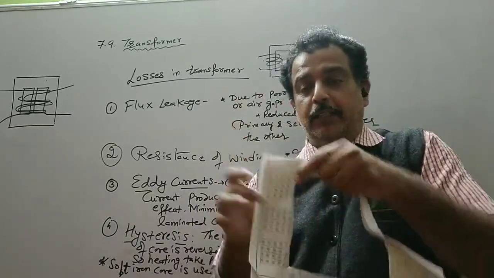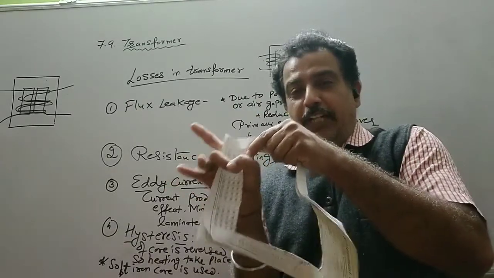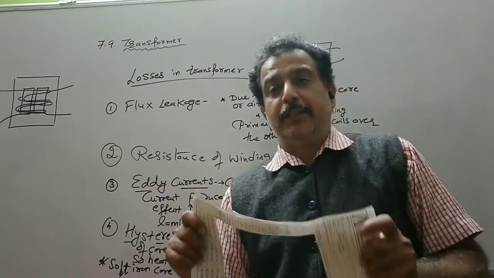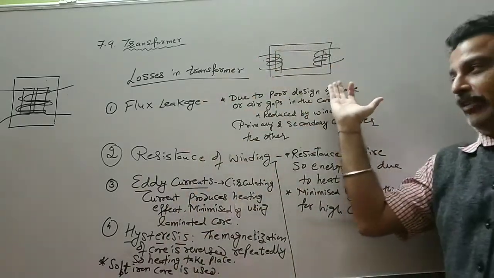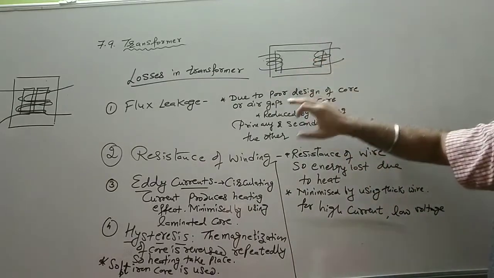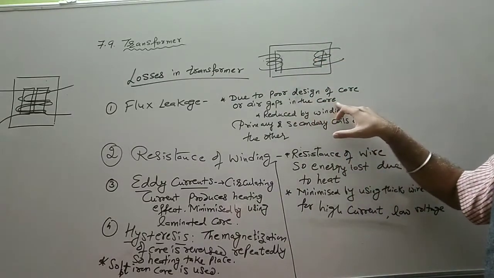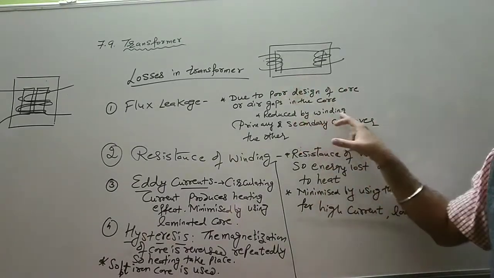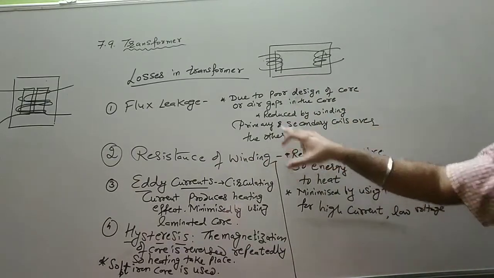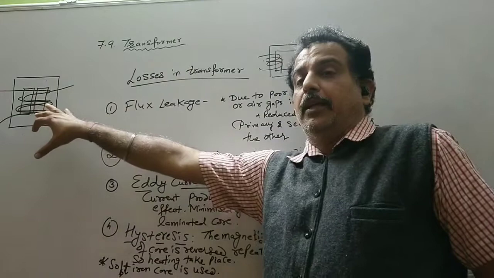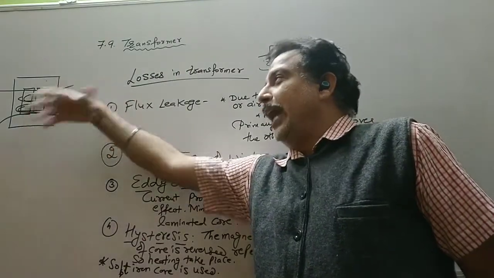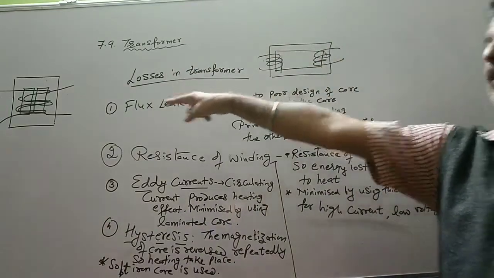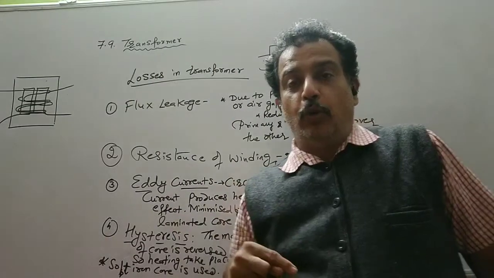It is important that the wire is wound tightly over this soft iron core, so that this soft iron core frame helps us to link the magnetic flux. So in this type, there is a possibility of poor design or air gaps in the core. Now how will we reduce this loss? Reduce it by winding the primary and secondary coil over each other. This type of construction is more advantageous as compared to this, because in that the flux linkage will be less, since both the coils are not wound over each other.